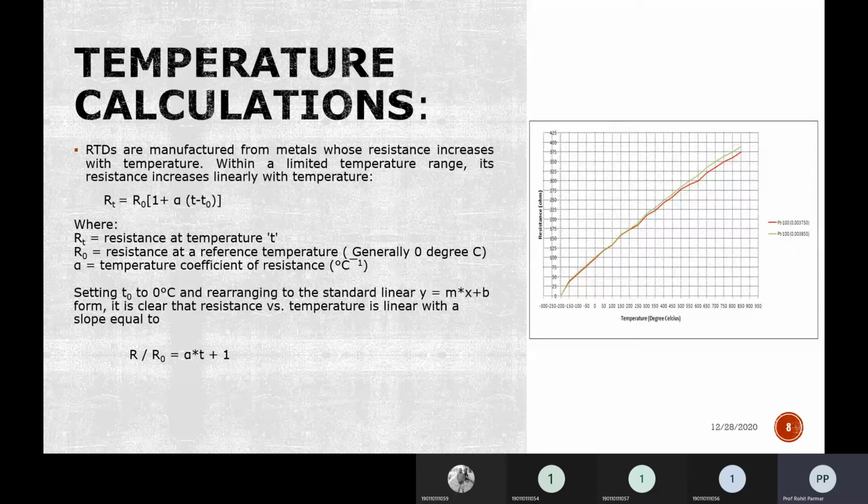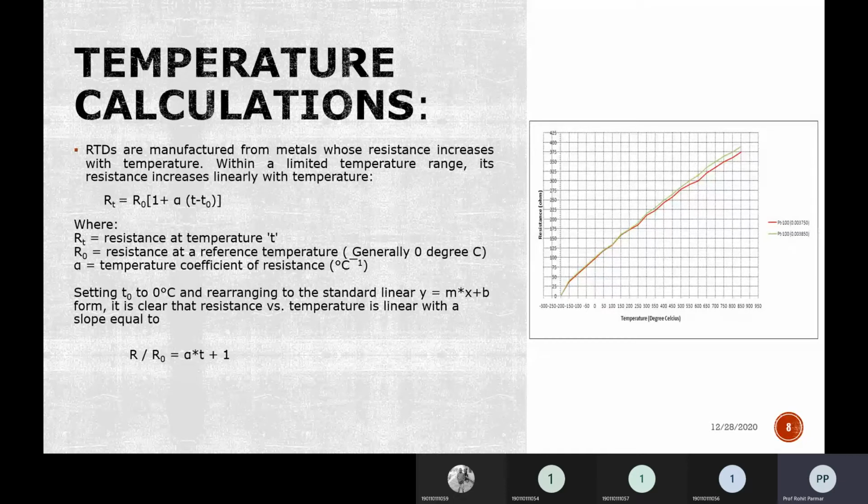Here, if you look at this equation, it is nothing but y is equal to mx plus c. In this equation, instead of t minus t0, we are going to put only the value of t. Why t? Because we are assuming that t0 is 0 degree. You can even see that from the graph. In the graph, our observation starts from 0. So t minus t0 is 0, and then t will increase.